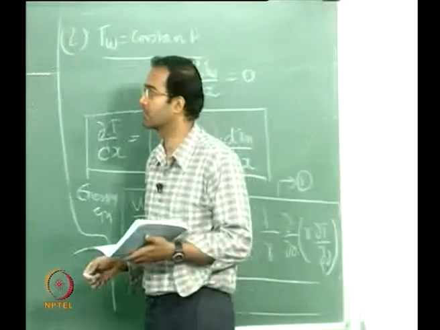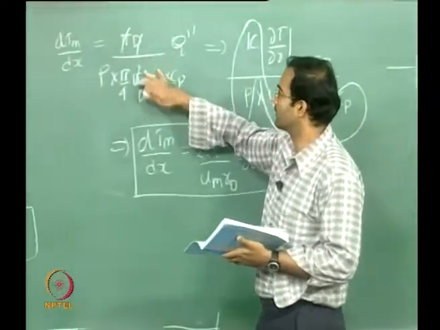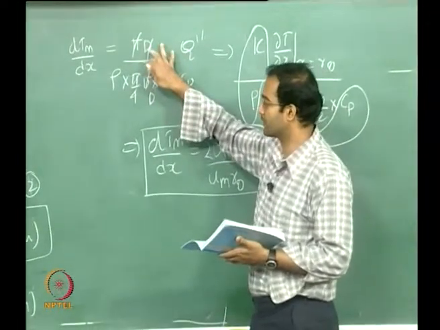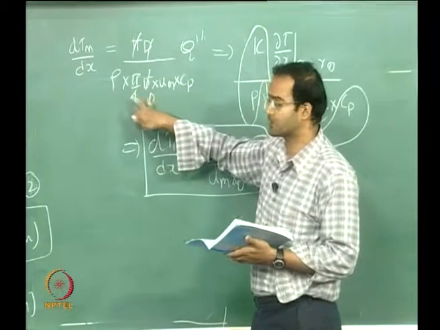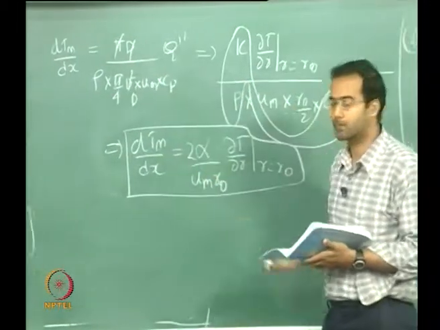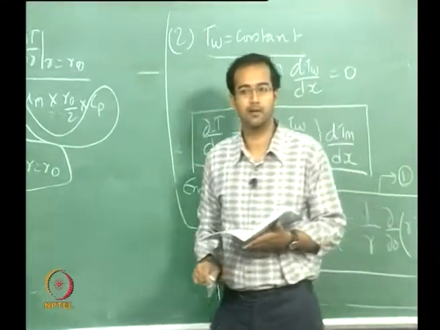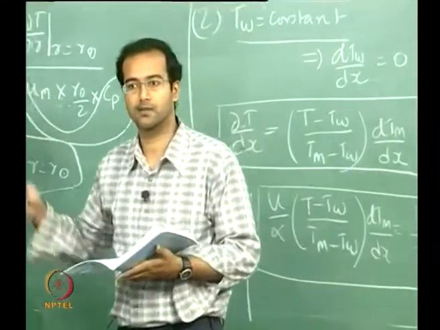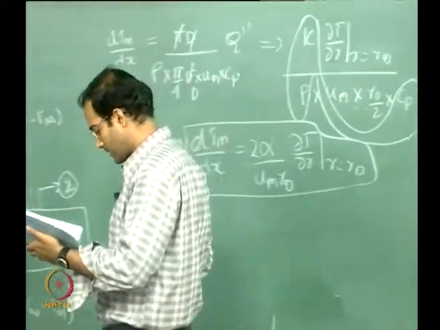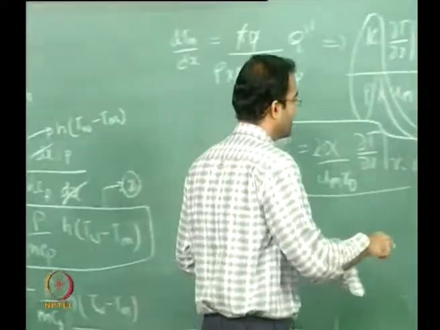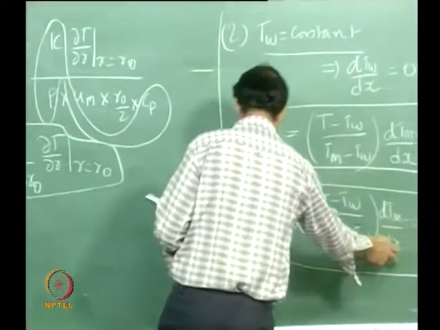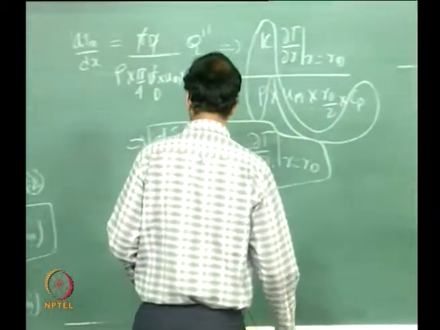So as far as the circular duct is concerned, you are just writing in terms of your diameter and of course your mass flow rate, a little bit of simplification, and you get a relationship between dTm by dx and dt by dr at r equal to r naught, this is the gradient of temperature at the wall. So this can be substituted into equation 1 for dTm by dx. So substituting